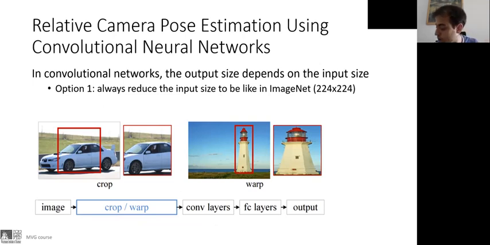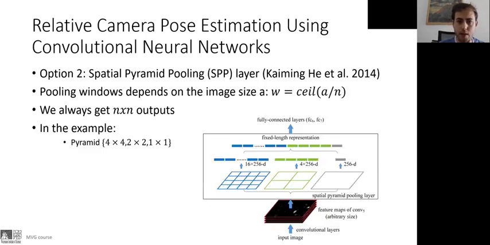Then, let's see, how much time do we have? Okay, I'll just say briefly that sometimes people crop and reshape inputs for a neural network in order to have a fixed size of outputs from the convolutional layers, because fully connected layers need a fixed set of inputs. But this sometimes results in a very distorted input to the network, so it's not easy to generalize in this case. And instead, they use what is called the spatial pyramid pooling, SPP layer,